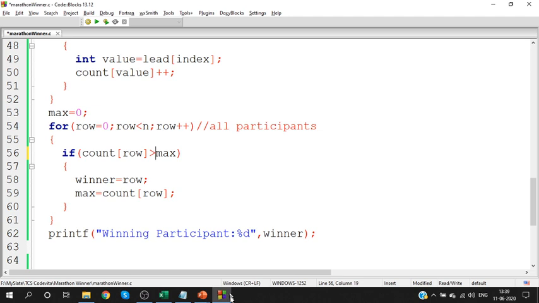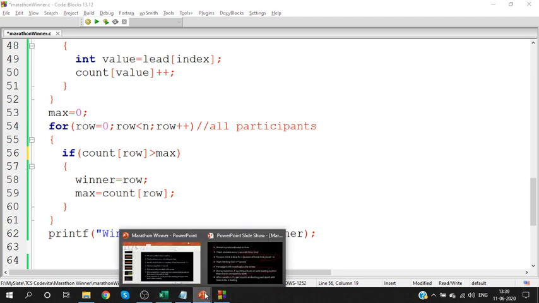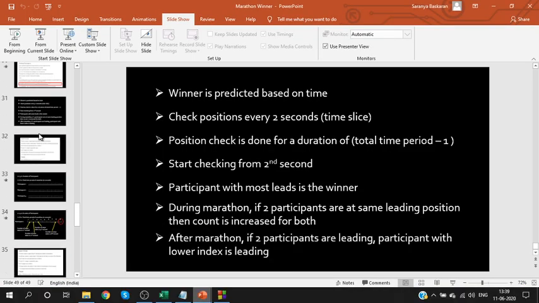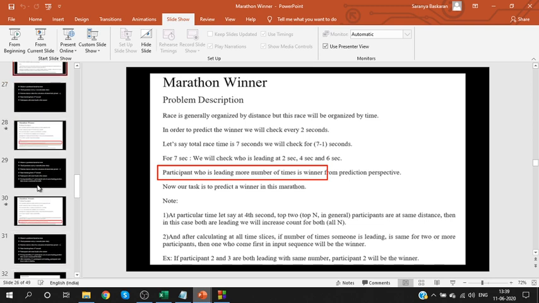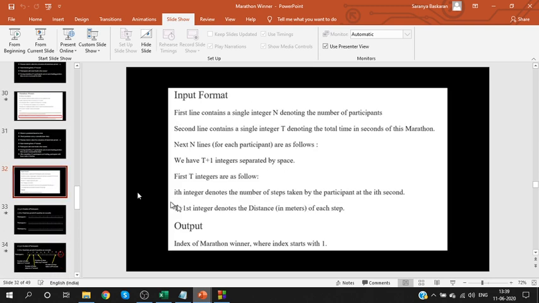One more thing to be noted here is, guys, see, in the question, let me show you the question. Okay, in the output, index of marathon winner, where index starts with 1.